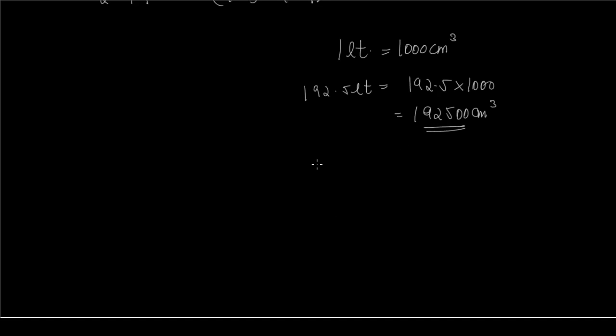So this is basically your pi r square h value. They've given you the inner diameter, which is 7. So r is 7 by 2. So 22 by 7 into 7 by 2 into 7 by 2. Now you need to find the length of the water flow, which is nothing but h. So 22 by 7 into 7 by 2 into 7 by 2 into h, that is the water flow length, which will be equal to this much,